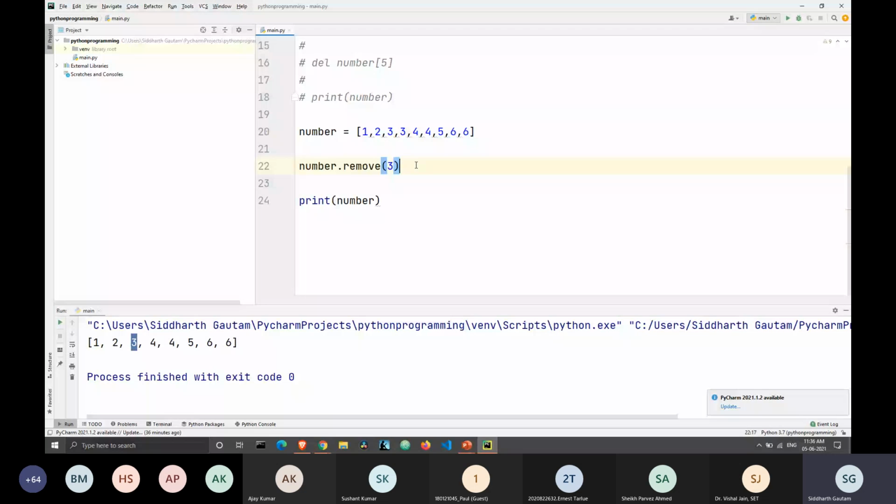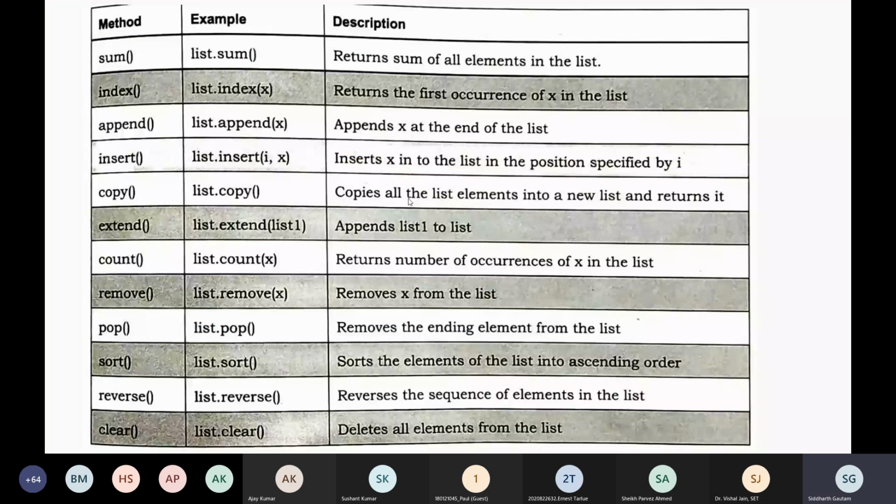Now we get to the deep part of the list. By now we have covered the beginner and the intermediate concepts. If you learn these commands too, then you can call yourself an advanced programmer, at least in Python lists. Okay, so let's take a look at these commands one by one. I will not do all of them, but if you get the hang of a few of them, you will be able to work with basically all of them.